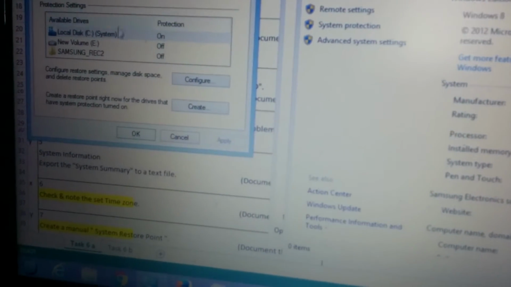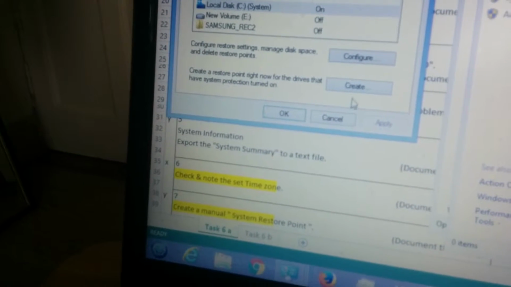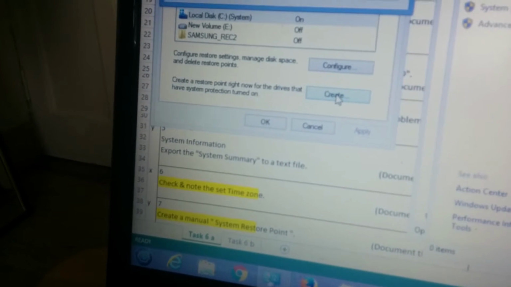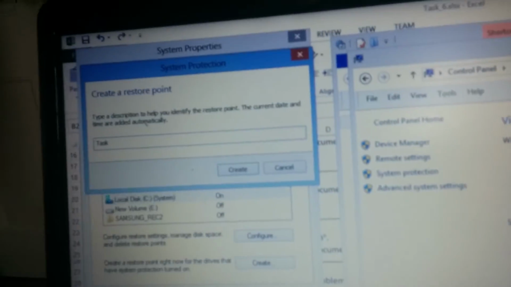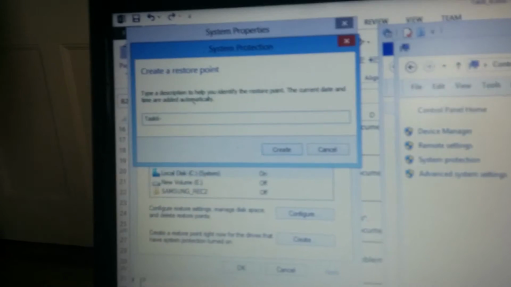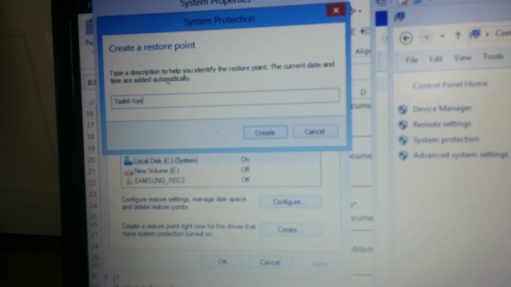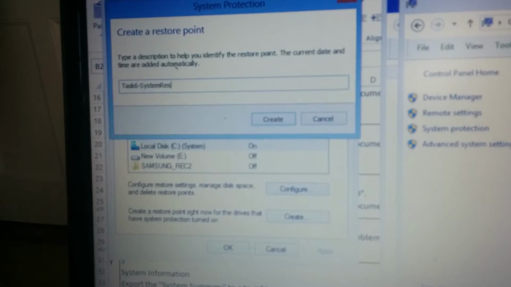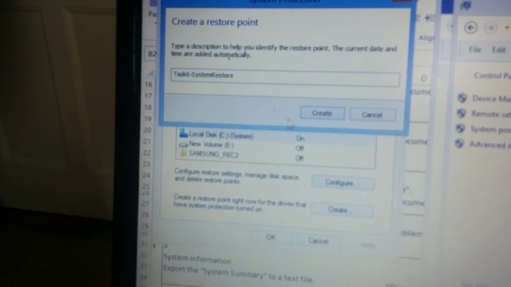That allows us to create a restore point right now. So, create a restore point. I'm going to call it task 6 system restore. And if I create that,